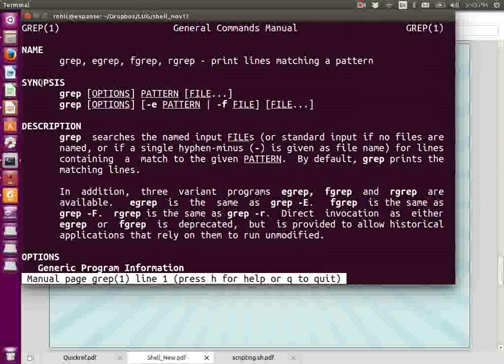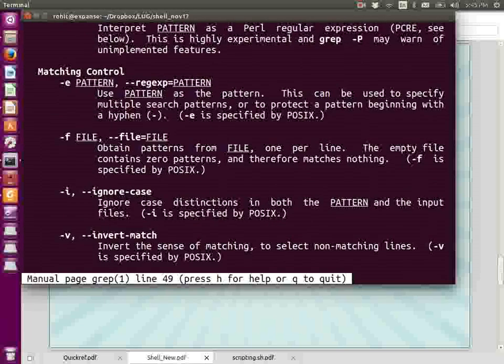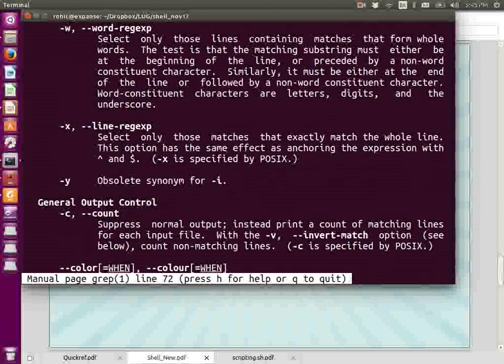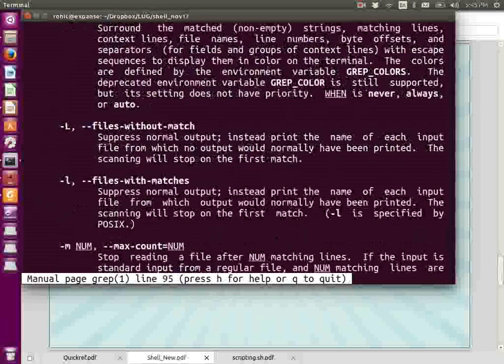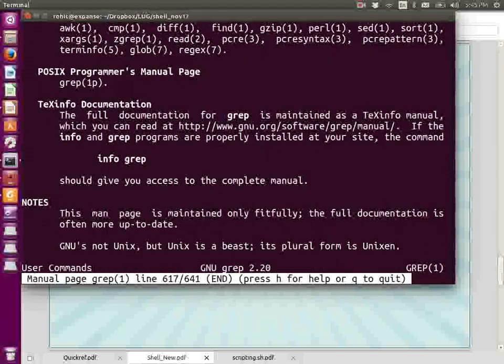And then you can start adding switches, like print the line numbers, print this, print that, all those things. And you'll find these switches listed here. So I have these, the most useful ones that I use all the time are here. And another thing about man pages is if you scroll down all the way to the end,